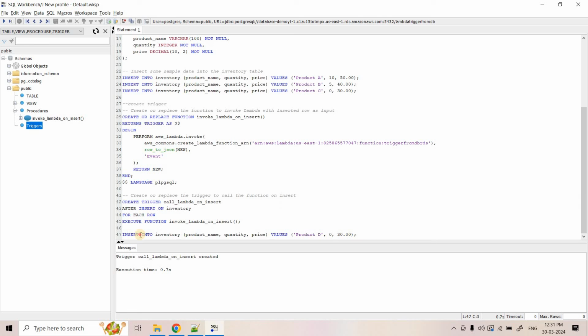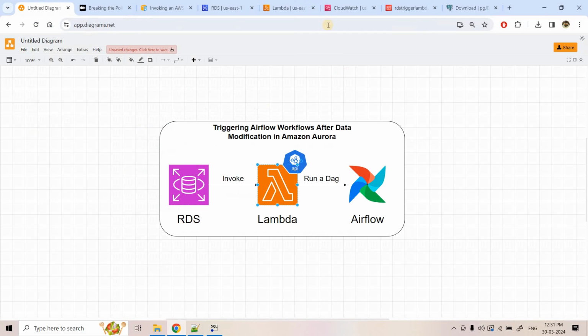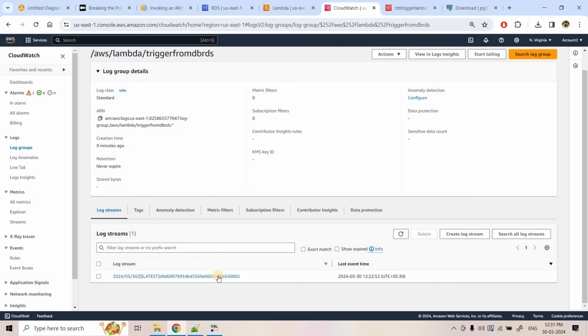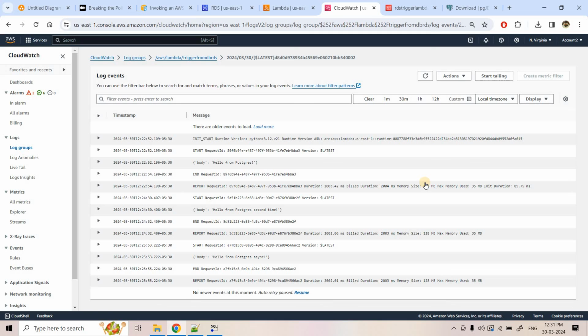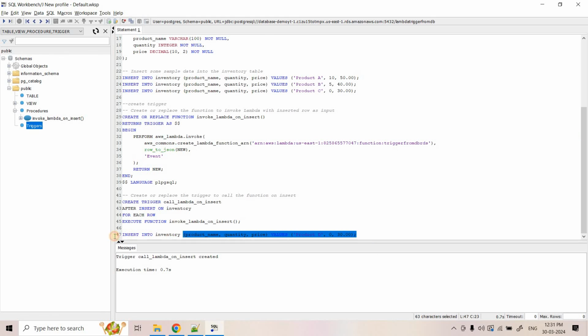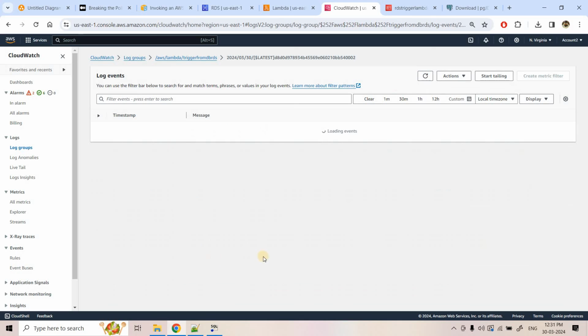Now we will execute a simple insert query in our inventory table, and we'll observe whether our Lambda is triggered or not, and that we can understand from the CloudWatch logs. Here in CloudWatch, the last Lambda trigger was at 12:25:55, and currently it is 12:31 PM. So let's see. Ideally, whenever we execute this insert query, based on this trigger the procedure will run, and this procedure will call our Lambda function to execute, right? So I will just execute an insert query in this inventory table, and let's see what happens to our Lambda function. I'll just simply refresh,